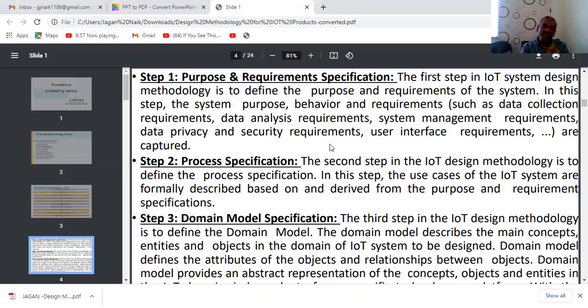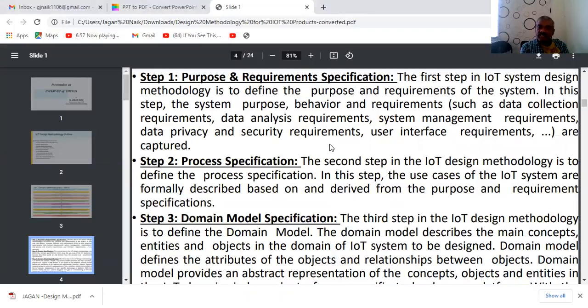All this we can capture in step one. What is the purpose of this system and what are the requirements of the system, that specification we need to discuss, right?